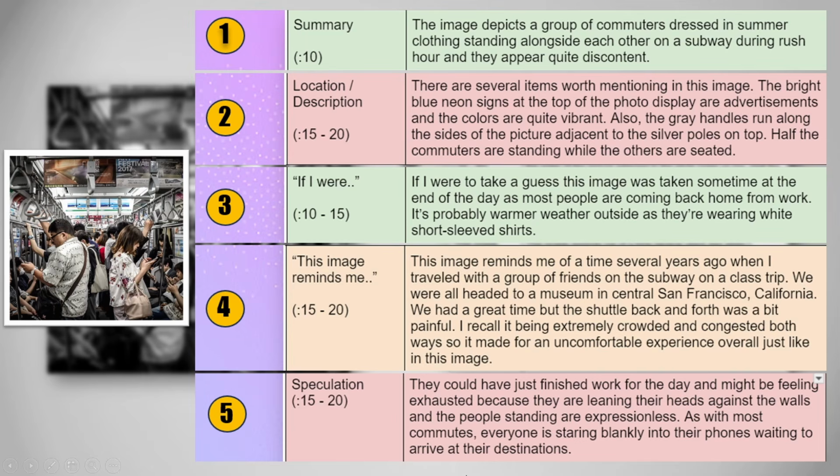So, again, it's a red section. Red means it's more difficult. It's not easy to speculate. When we look at a photo, we're trying to figure out what happened, and it shows critical skills and your ability to think on your feet and speak about what you see in the photo. This is really important. So when we add up these numbers, we come very close to 90 seconds, okay? So these are the 5 steps that really work in the formula and score well on the test.